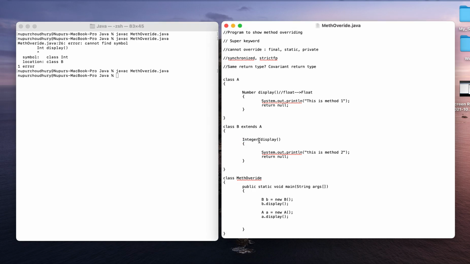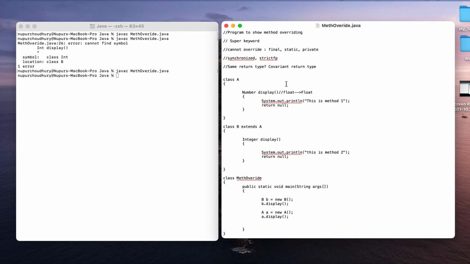But whenever I'm using the return type as capital Integer, it is not throwing me any error. So likewise, you have to go on associating the covariant return type. There is an entire chart based on this. If you look it up on the internet you will get it, and if at all required, I can also give it to you.